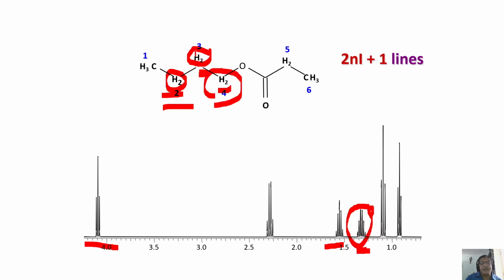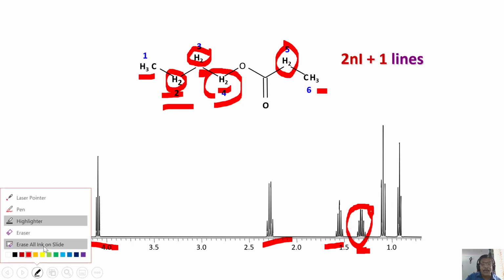Now the leftover CH2 is this one. This is coupled to this, it has to be a triplet. So we assigned this quartet because of this. Now the only thing left over is these two CH3s. Which one is which, you can assign by making the J coupling measurements. Very easy, you can do that. Either here or there in the multiplicity, this multiplet or this multiplet, measure the couplings, you will know which CH3 is which. That way you can easily assign.